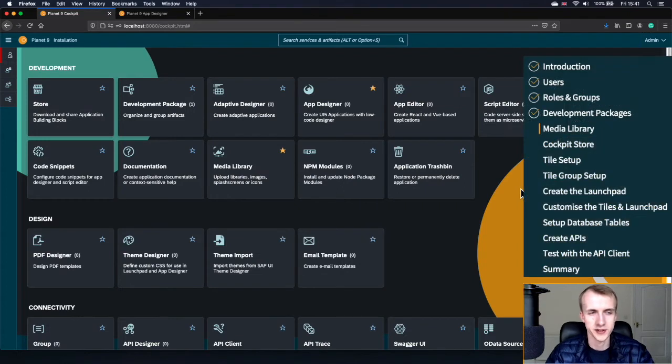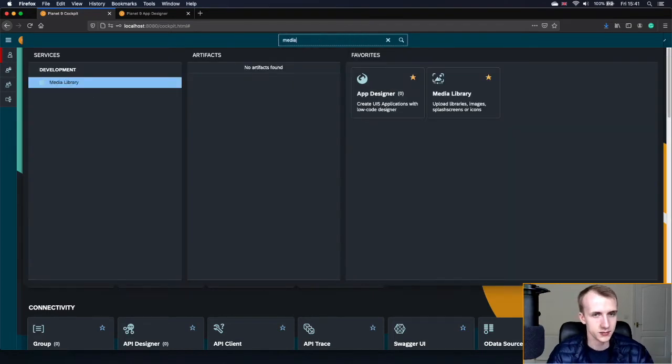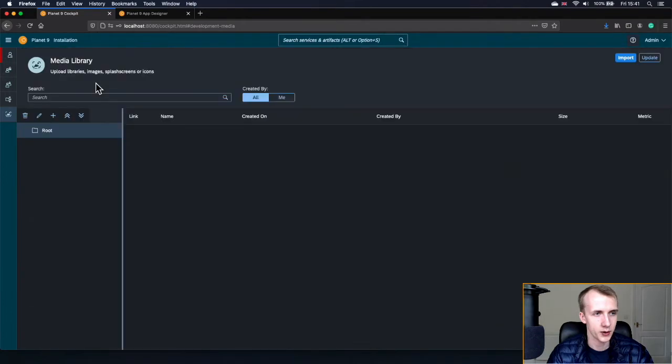Next, we'll introduce the media library. This is where you can store images, JavaScript files, videos, any file format you like, directly within the platform, so it can be easily referenced from applications or from launch pads. So let's search for media, and we'll see the media library. By default, it will come with a root folder. We can upload directly to the root folder, so let's import,